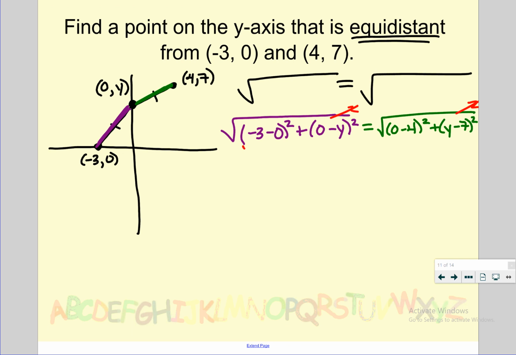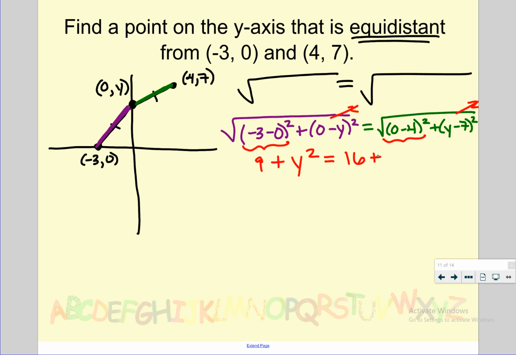Then we can simplify a little bit. -3 minus 0 gives me what? -3, square it, 9, plus 0 minus y is -y, and then square it. Now remember, to square something, you're multiplying it by itself. So when I say -y squared, I mean -y times -y. What is that? Positive y squared. Okay, that's the left simplified. 0 minus 4 squared gives me -4 squared, so positive 16,